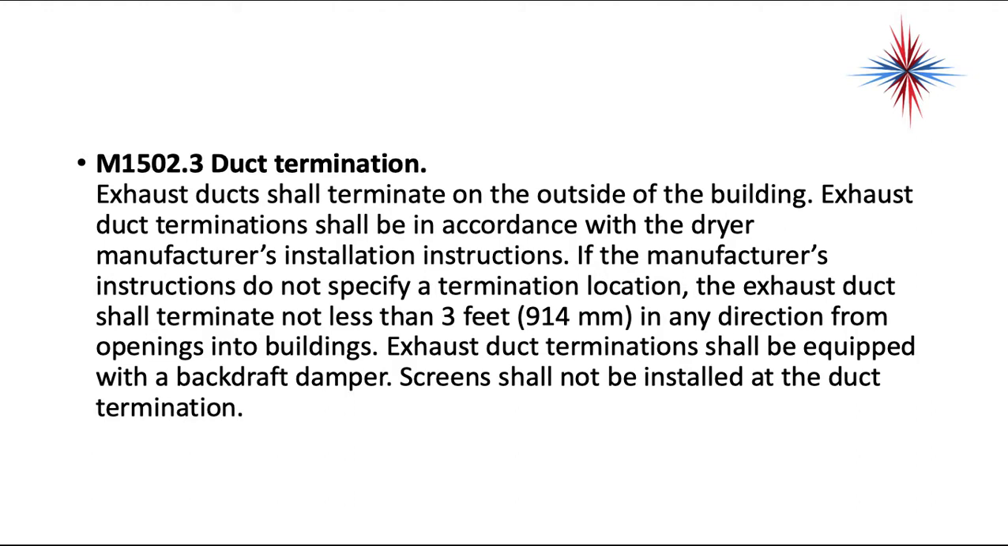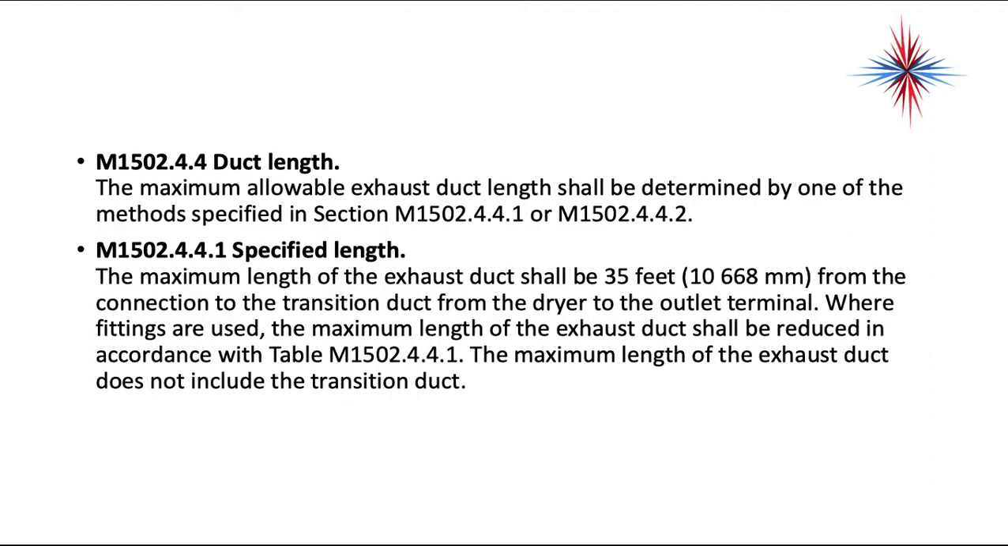Backdraft damper basically means when the dryer is not running, it's not going to allow cold or warm air into the house. We cannot put screens on the termination, on the outlet of the dryer vents. Screens catch lint. The maximum allowable duct length shall be determined by one of the methods specified in 1502.4.4.1 or 1502.4.4.2. Right under it,